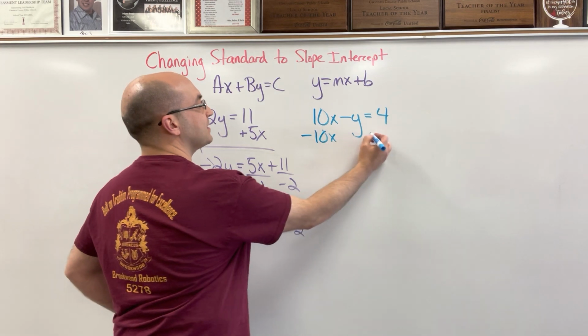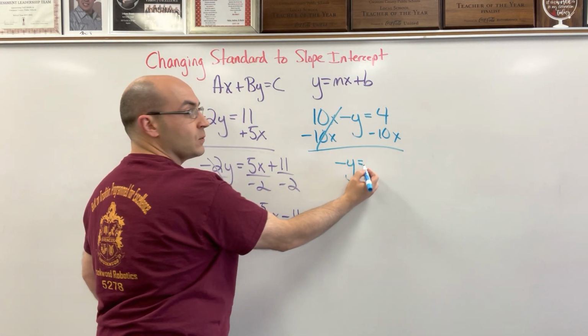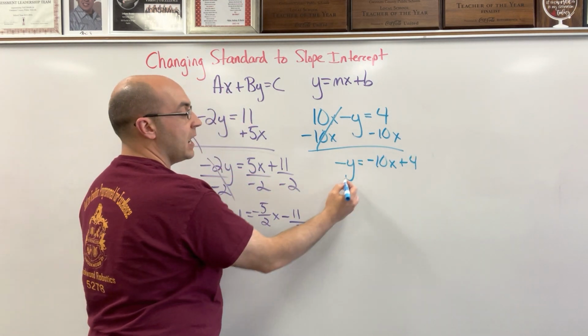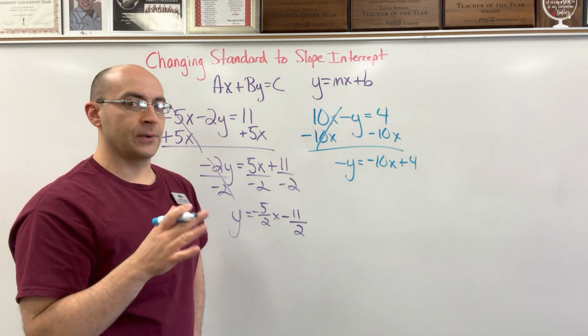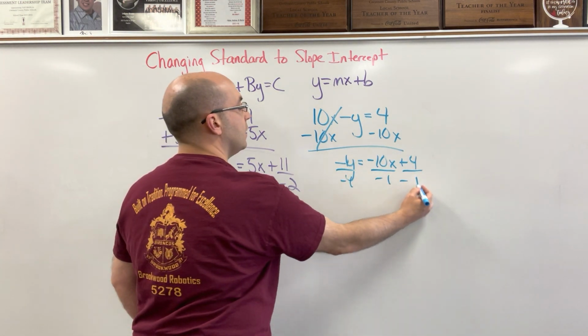Hopefully you subtracted 10x on both sides. And then you had a negative y equals negative 10x. You can still see that, I'm just making sure. Now, the negative y in front might have thrown you off. That's a negative 1. I have to divide by negative 1 on all three terms, which is going to give